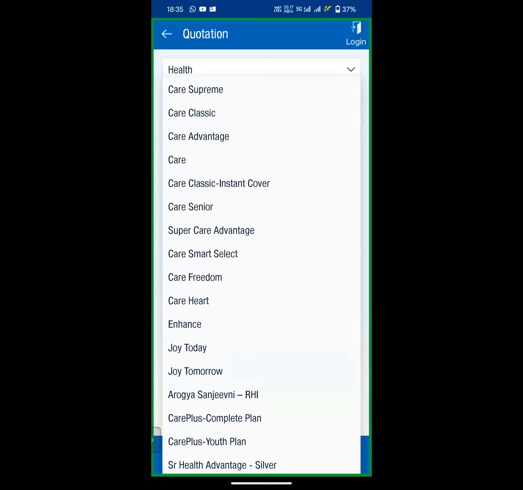So first thing is Care Supreme. One of the fast moving and one of the best plans as of now in Care Health Insurance. Care Supreme is a comprehensive health insurance plan, for healthy customers or customers who got diagnosed with diabetes or hypertension in recent days, they can,